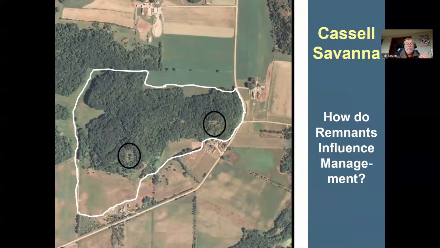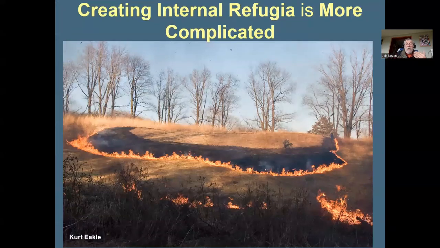And if we come back to this refugia sort of thing, creating refugias when you have isolated remnants where you are likely to have remnant dependent species is a critical component and is not the same thing as, say, former ag land that's been invaded by grass, where we've got plenty of stuff for insects to go back and forth. These are fairly rare gems and need to be treated as such in terms of a management scenario. And that is where you create these no burn areas that are in the middle of a unit that you want to do. Now, this seems like a simple solution, but believe me, when you're actually doing a prescribed burn,